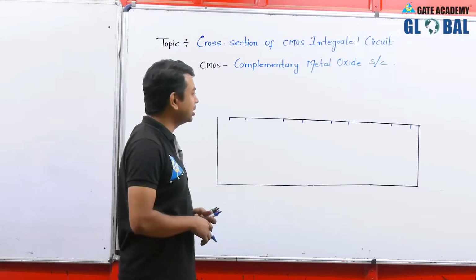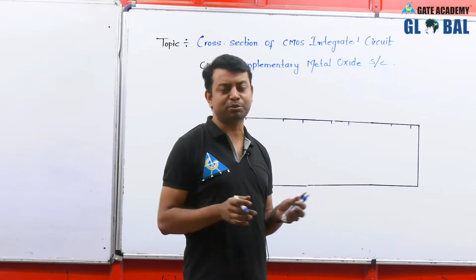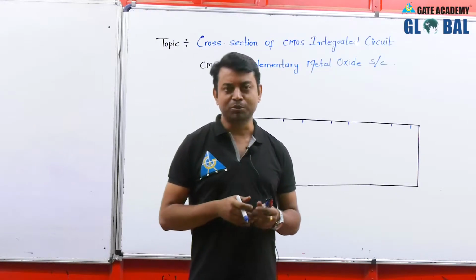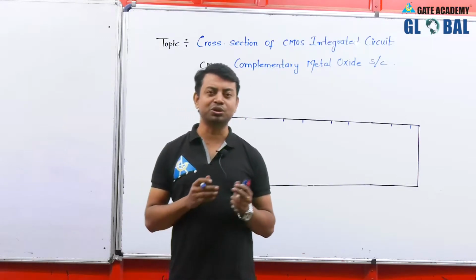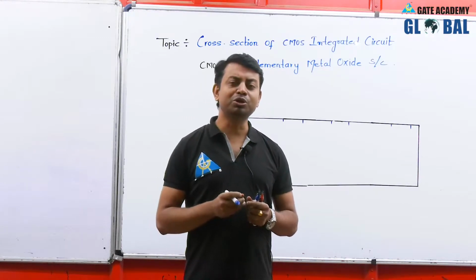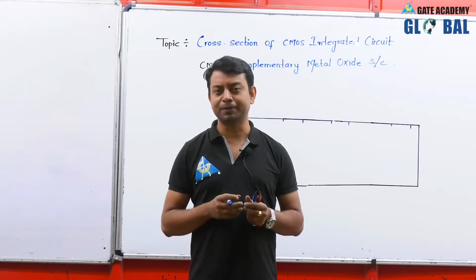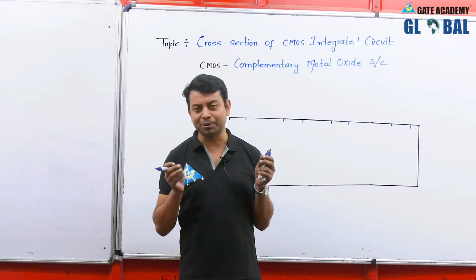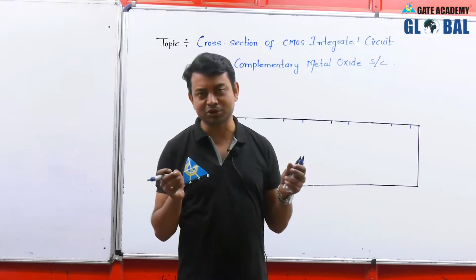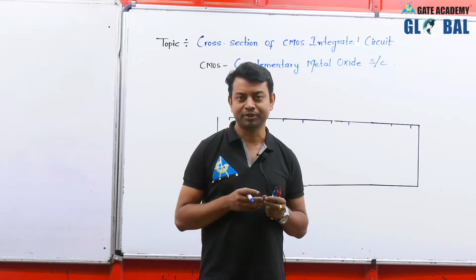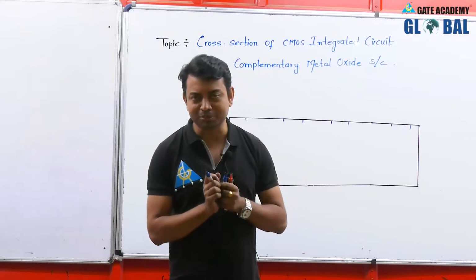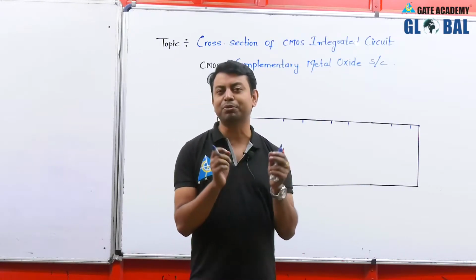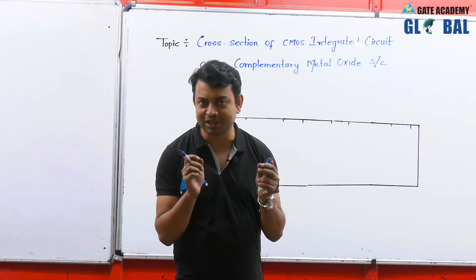Complementary metal oxide semiconductor means here we are going to use both types of polarities of charge carriers which will help or support the conduction of current. Both types of polarities means we are going to use electrons and holes. So if you want to use both electrons and holes for supporting the current, at that time we have to combine both NMOS and PMOS in a single substrate. I am repeating, here we are going to combine both NMOS and PMOS in a single substrate so that we have both types of mobile charge carriers in a single device.